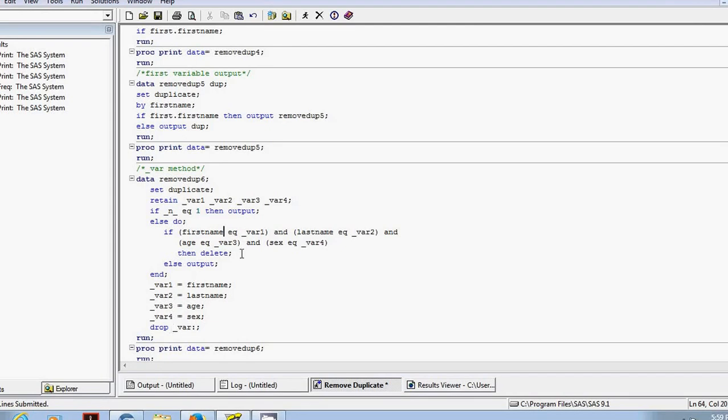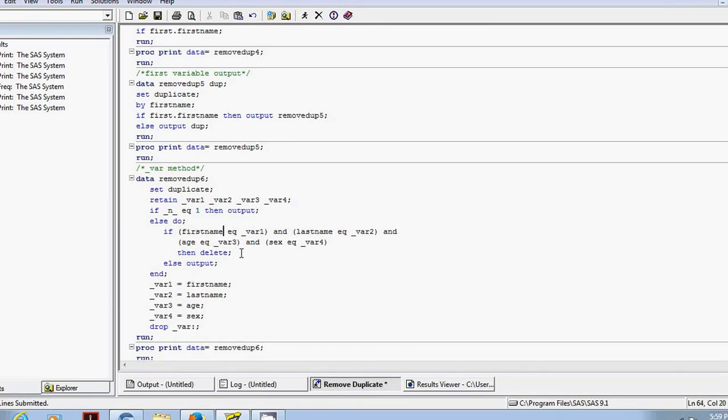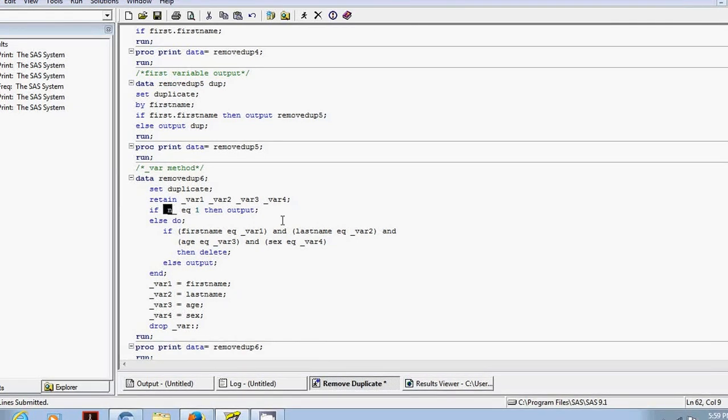So what it will do is that if there is a duplicate value, it's going to remove the duplicate value, and it would only take the first instance which it sees from the records.